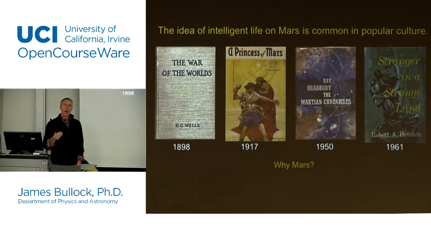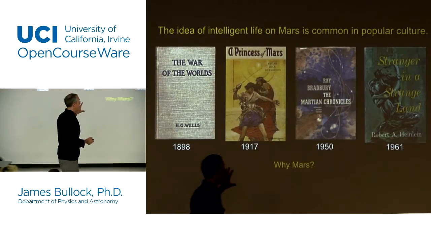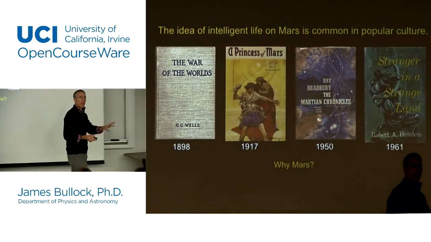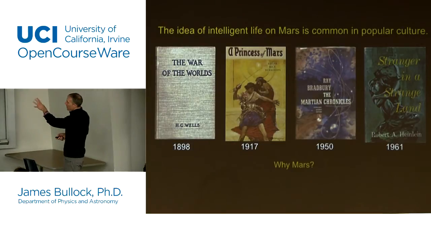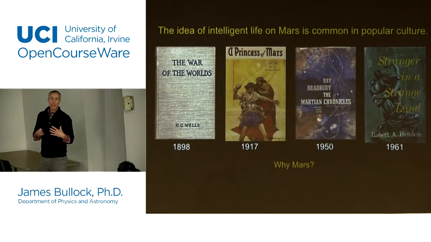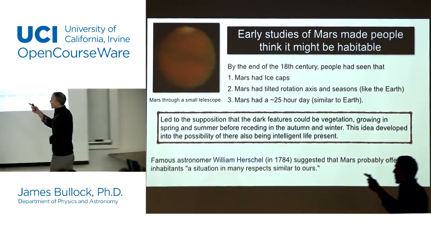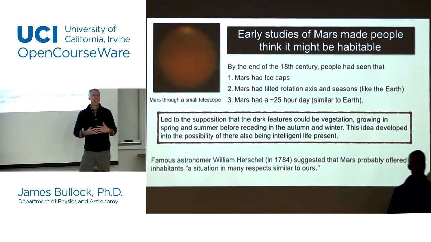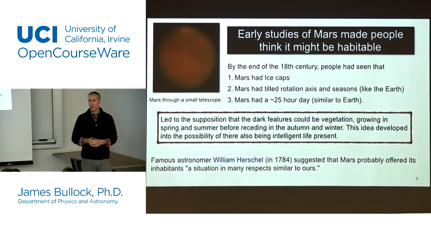What's interesting is a lot of these ideas actually came out of scientific pursuits. So there were some scientists who were actually thinking that Mars itself might be a habitable planet and might in fact have intelligent life. This is of course a long time ago, but really these ideas were originally coming out of the science, from scientists, and then they were sort of latched onto by science fiction writers that kind of ran with it. And in fact, the earliest studies of Mars really made it look like it was potentially habitable because it was so similar to the Earth, right?